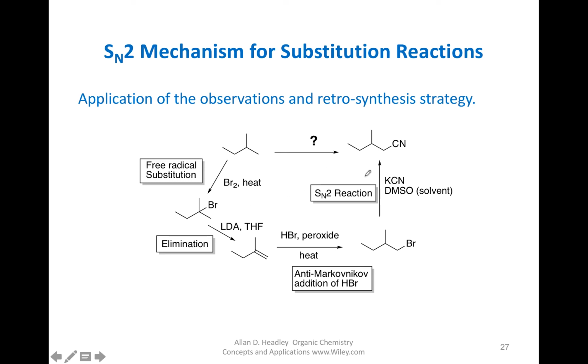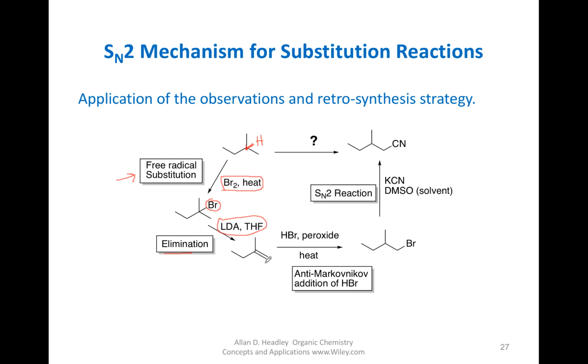So if we had this, let's start over here now that we have the strategy in place. Let's start with this molecule. Here is a hydrogen, and it's a tertiary hydrogen, and we can substitute that for bromine with a free radical substitution using bromine because it is more selective. Notice you will not use chlorine because chlorine is not selective for the tertiary, the weaker C-H bond. Bromine is. Once we have this, we can do a special type of elimination with LDA, a very bulky base, to get